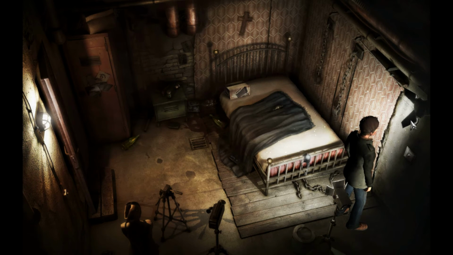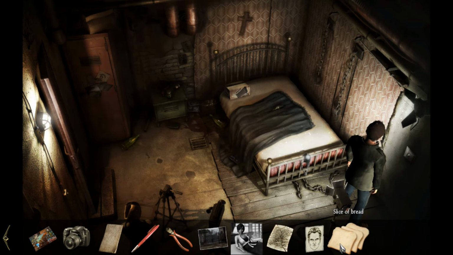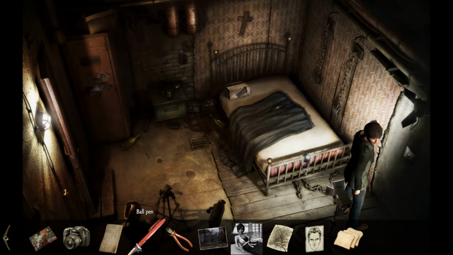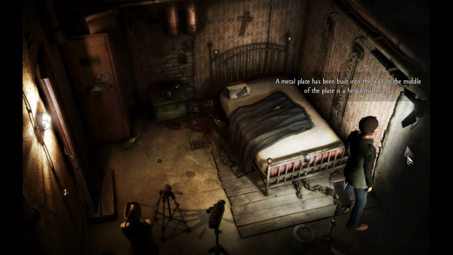A metal plate. A metal plate has been built into the back wall. In the middle of the plate is a hexagonal recess. Unfortunately, we don't have a key. So...